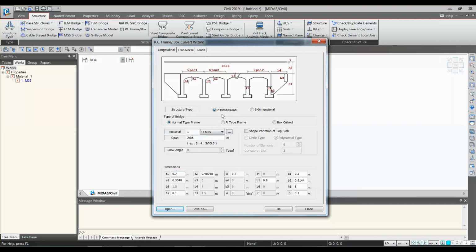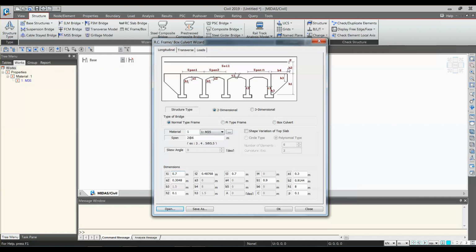Depending on the drawings you have, you can easily enter these dimensions: top thickness, bottom thickness, or thickness of the wing wall. And this is one important thing, H2. H2 is nothing but the soil layer including the pavement above.